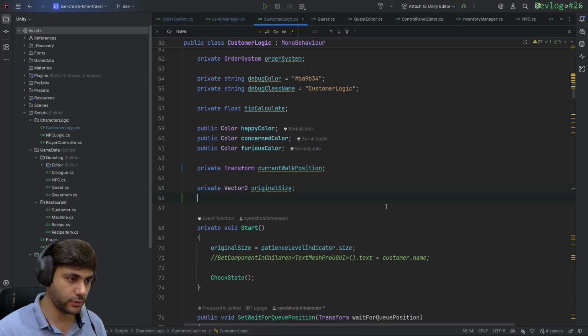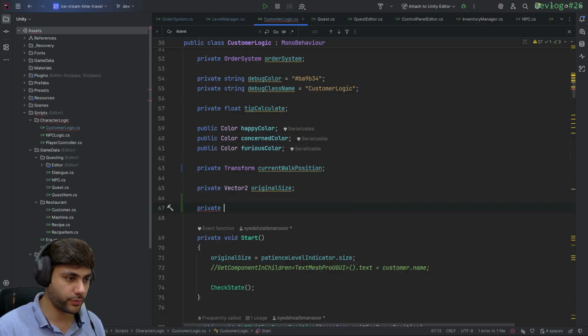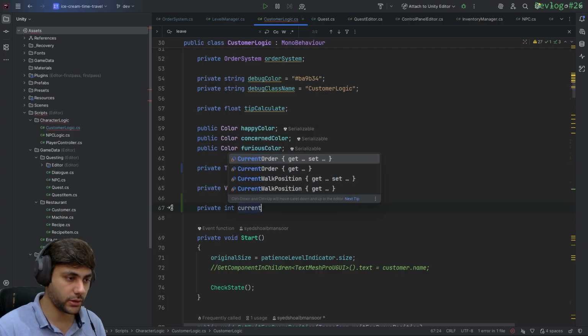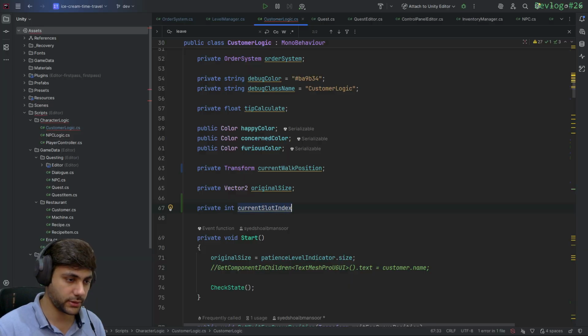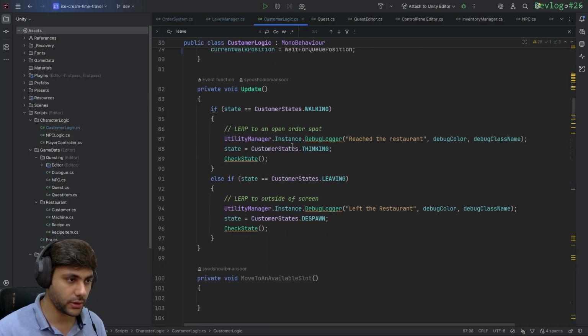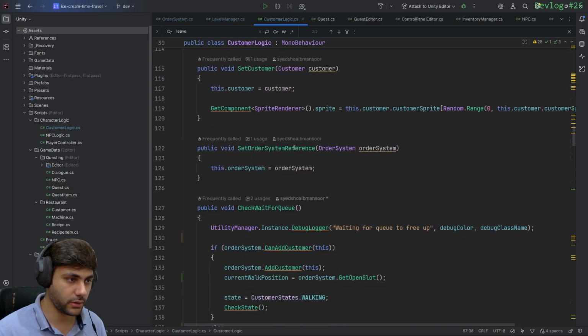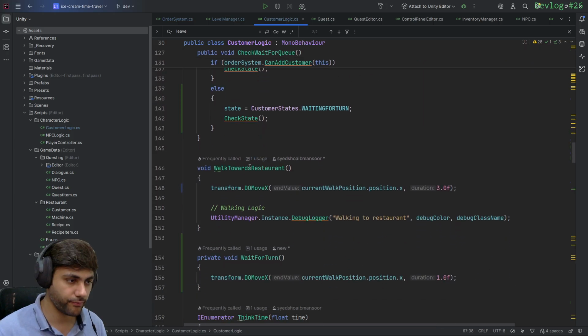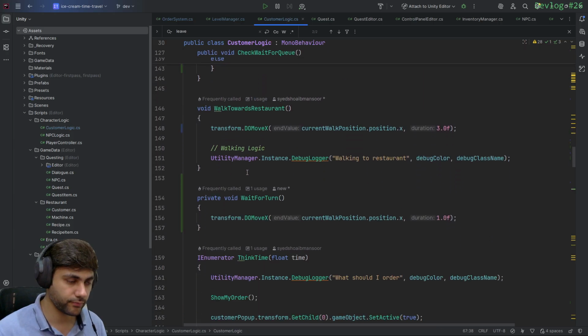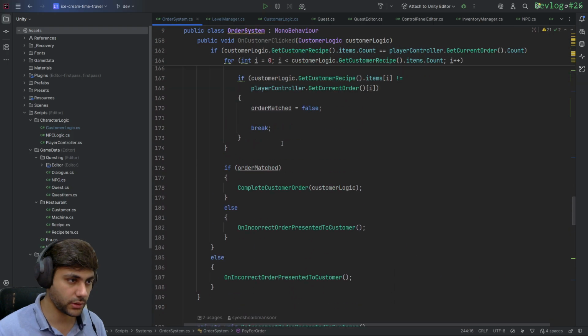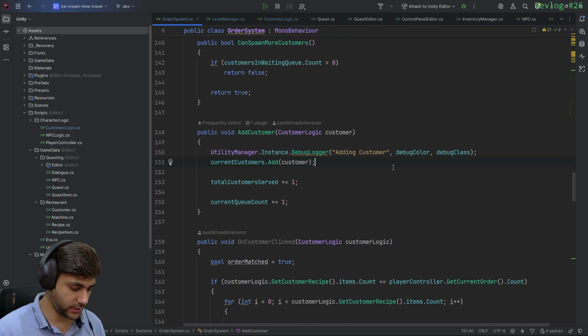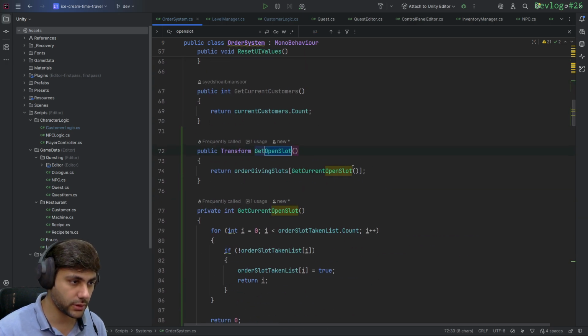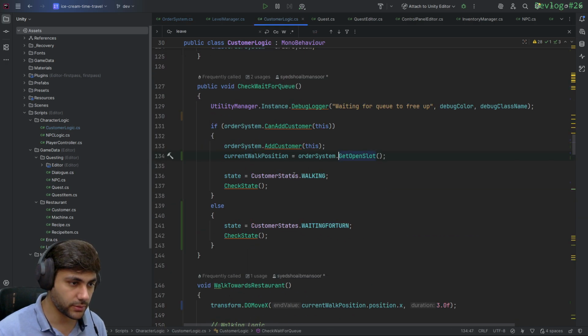This would be to store the value current slot index 0. And when we call this from here, no, where is this open slot? This is being called over here, and we can do something like